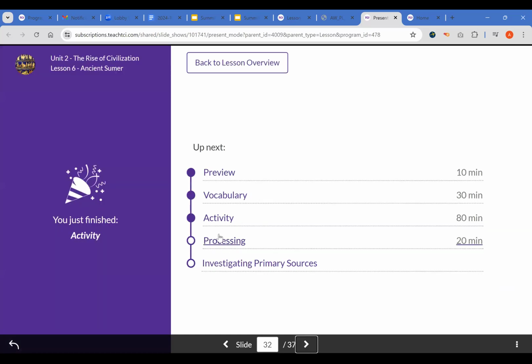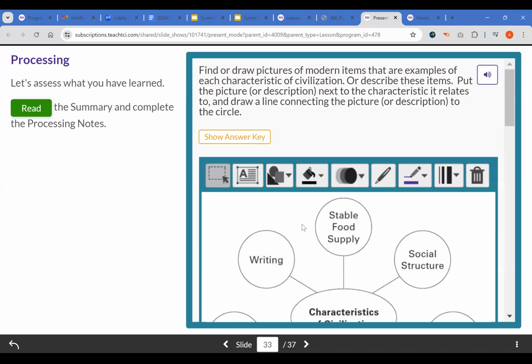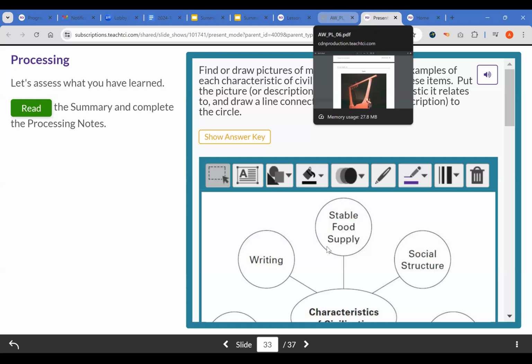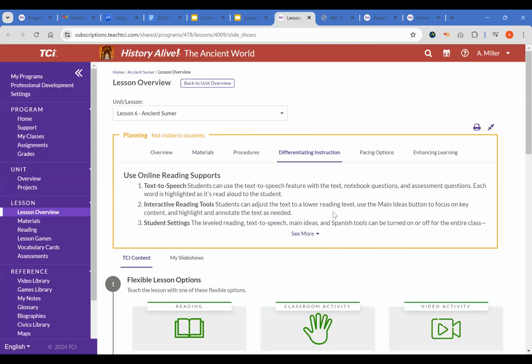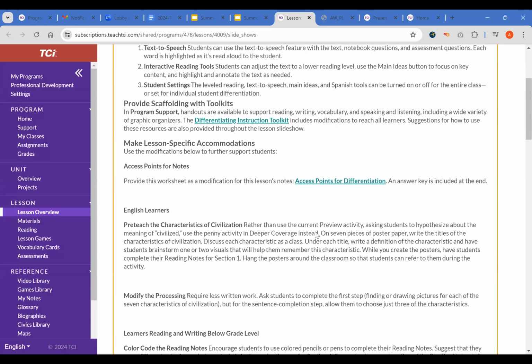And then the processing. I mentioned bringing it back to the modern world. So we go back to this spoke wheel diagram, and we find or draw pictures of modern items that are examples of each characteristic of civilization. I'm going to use this as an opportunity because I want to show you in the differentiation key how you can